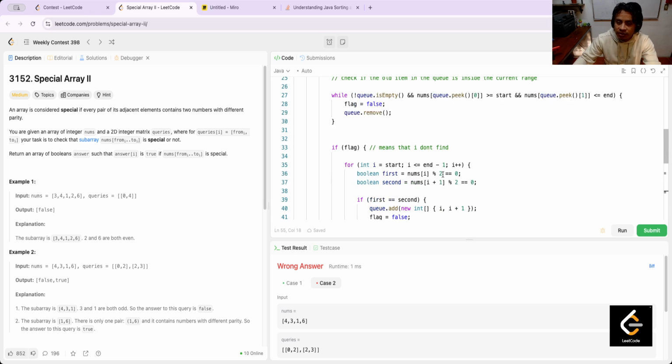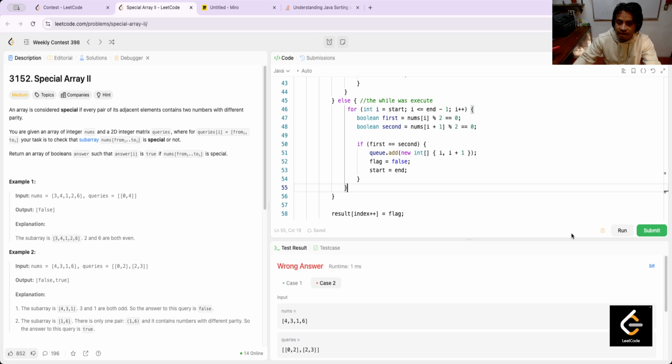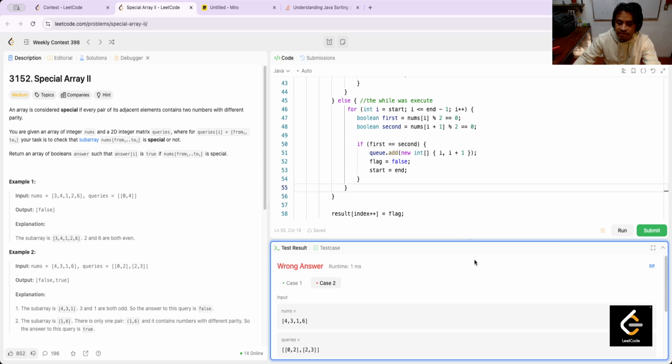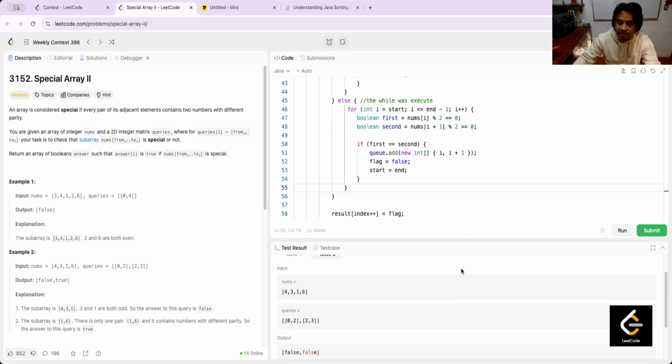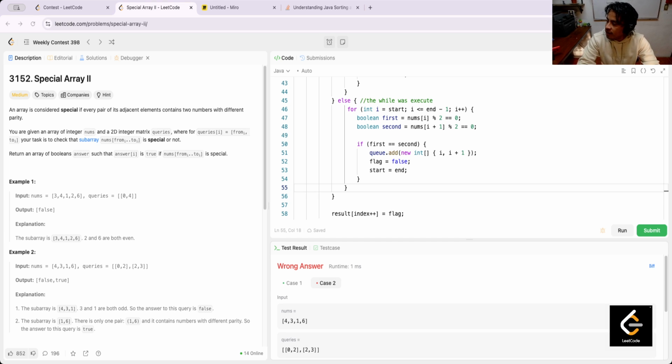But I am doing the operation in both cases. Okay, I have more to say about many times in this problem, but well, I think that it's enough for this